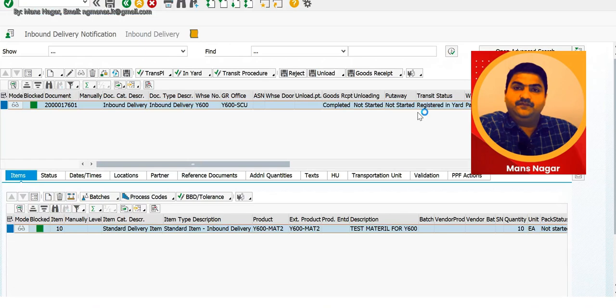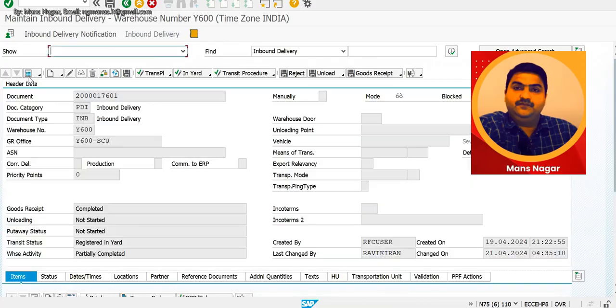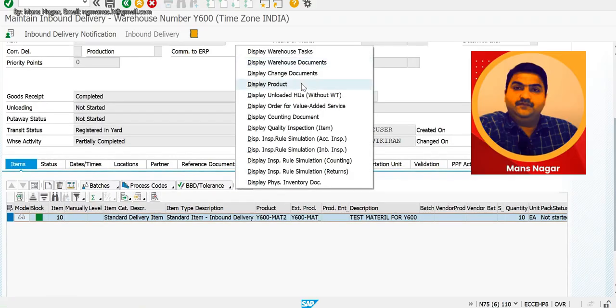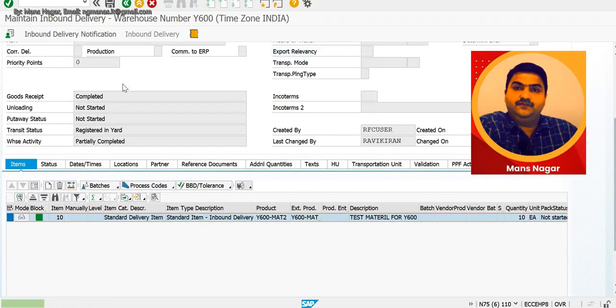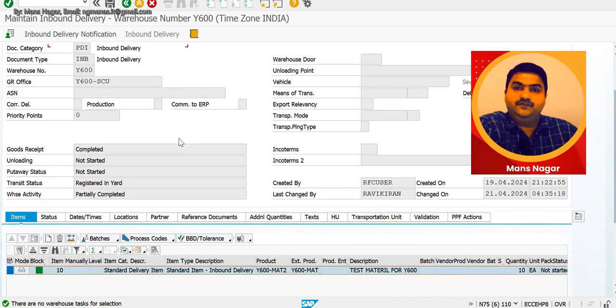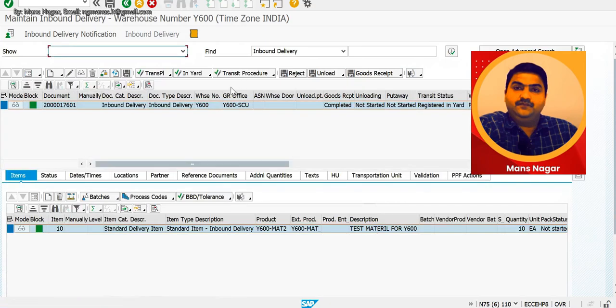Partially completed. What is the activity pending? Hmm. So here I will not do any changes, but here we need to create one warehouse task for the moment. Okay. Here